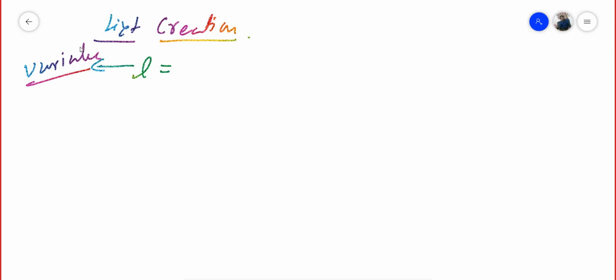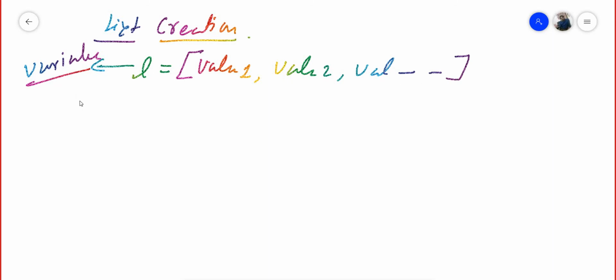Variable L is equal to, and here you can give the values: value 1, value 2, value 3, and whatever number of values you want to define.